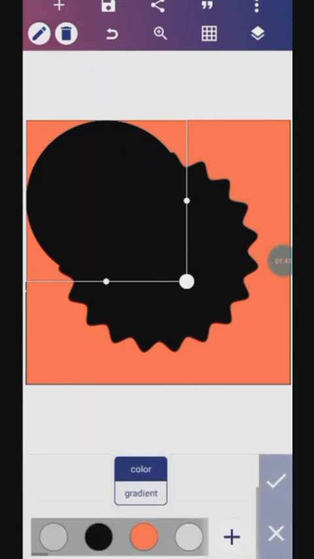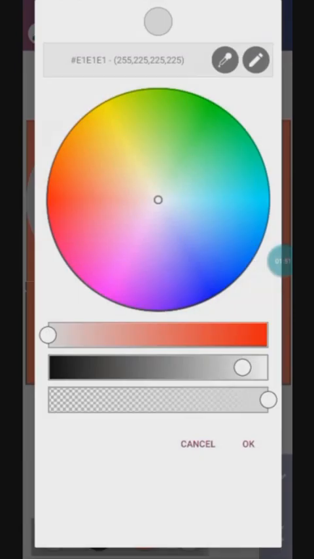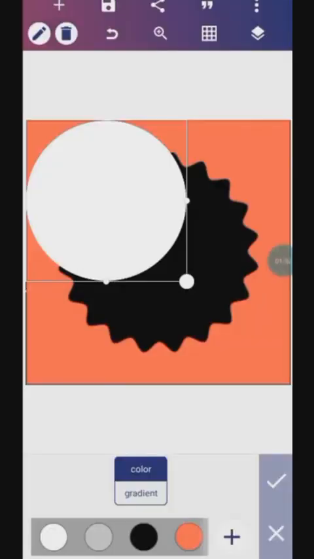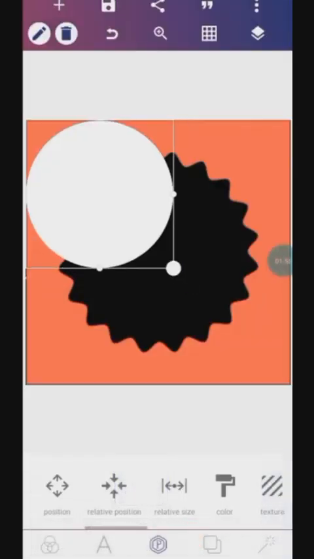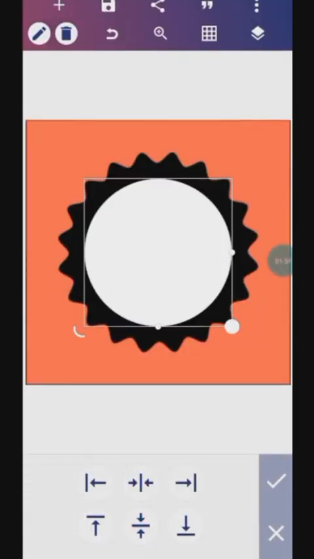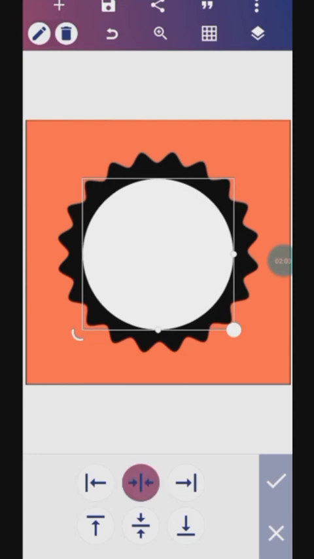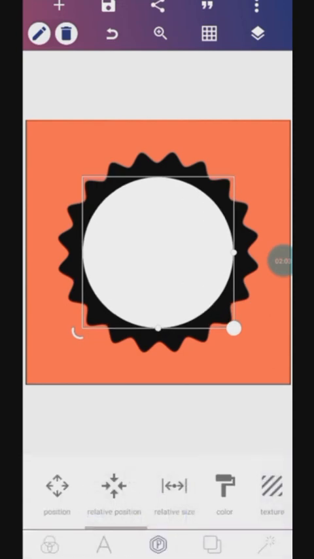Now I'm going to add another shape to the center. This one will be white. So the black part are the part I'm going to trim off later. I'm just going to trim off the black part. Now once I'm through with it, align it to the center too,